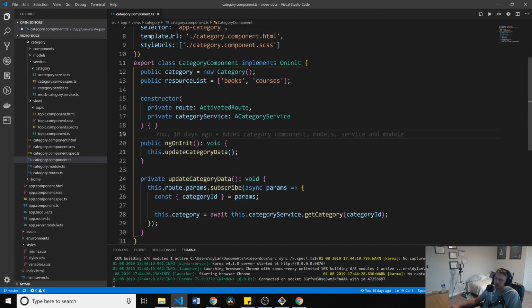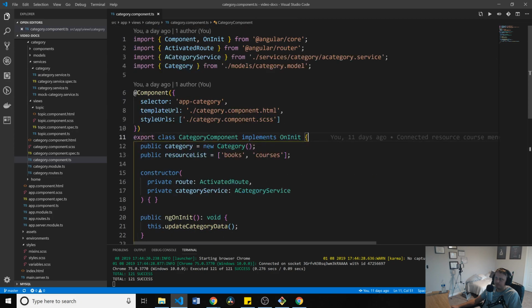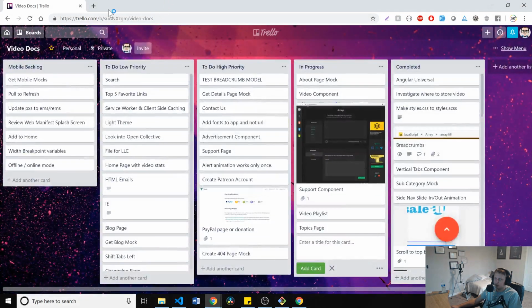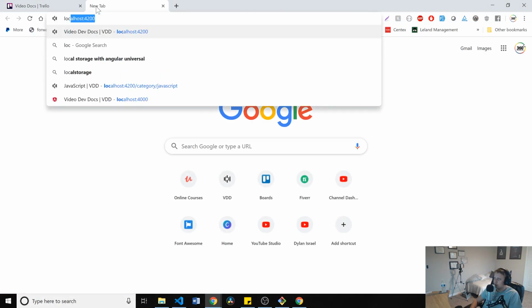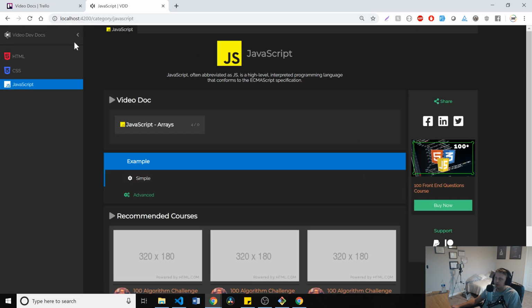Yeah, we're building an Angular application right now. There's eventually going to need to be a CRUD service that we're going to need to set up. Category component. Yeah. So let's go back to here real quick. Basically, what we're doing is we're creating a duplicate of the category page. So here's our category page, which